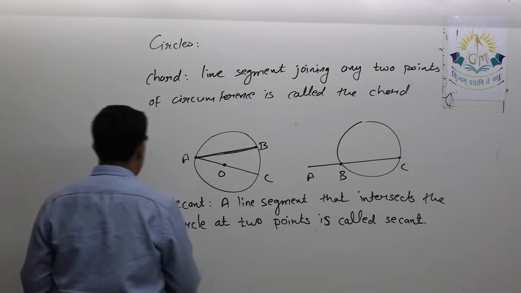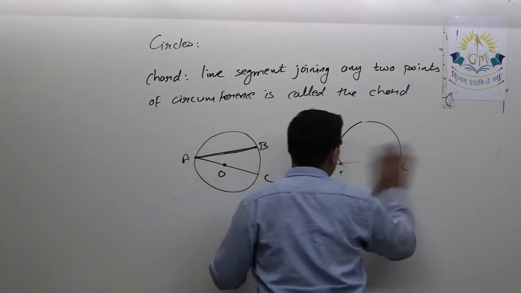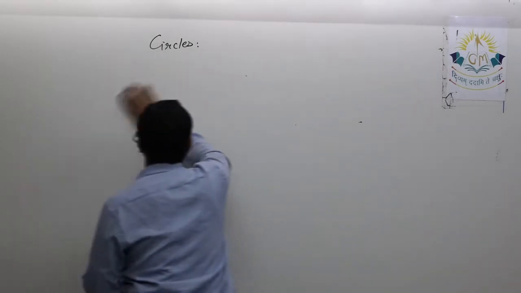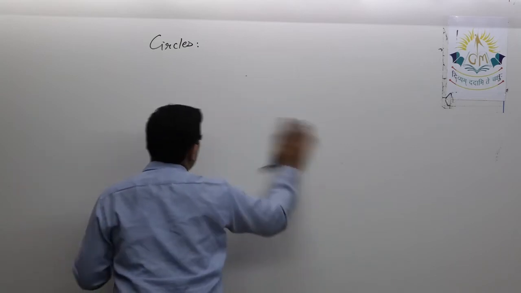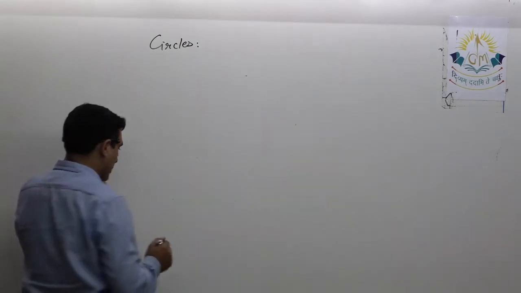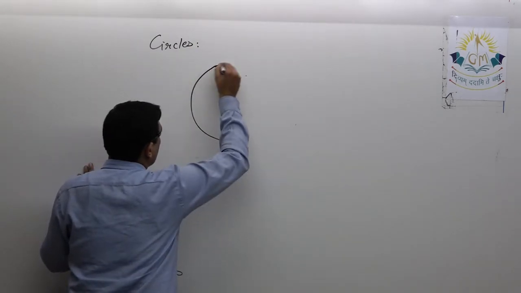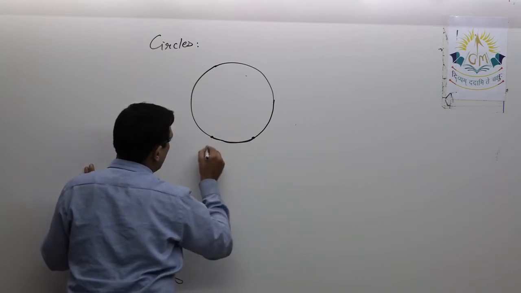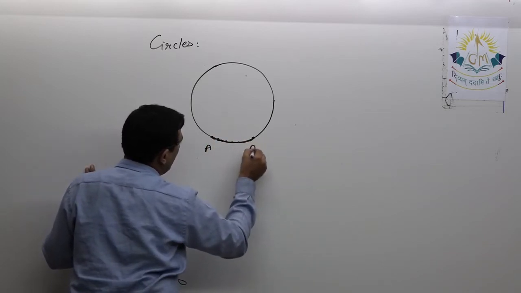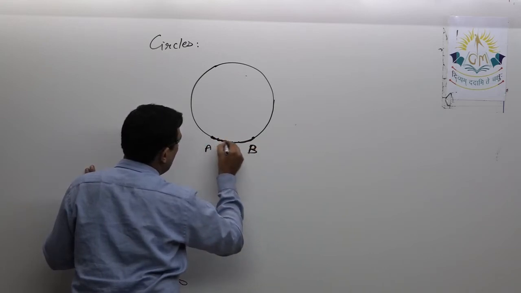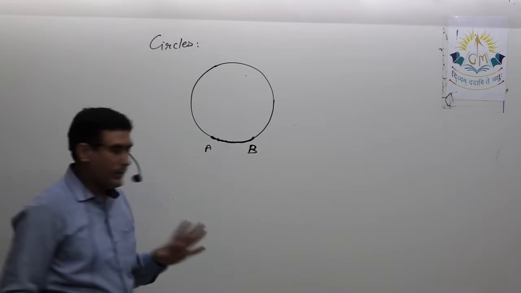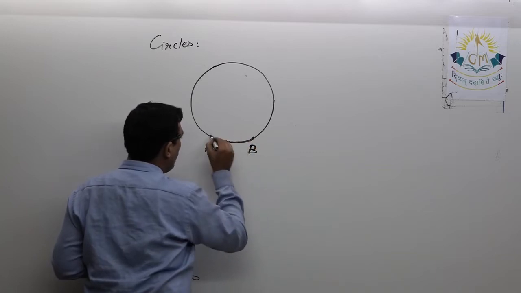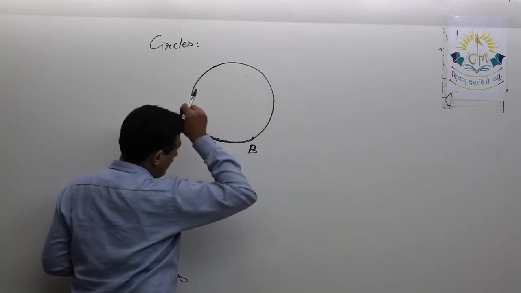Okay, now we'll see some of the theorems of the circle. Before I move ahead, let me tell you one thing more. Arc of the circle: any part of the circle is called an arc of the circle. A continuous piece of the circle is called an arc. For example, this AB is called an arc of the circle. Now there are two more terms: minor arc and major arc. This is the minor arc. You can see it is smaller, and this remaining part is called the major arc.